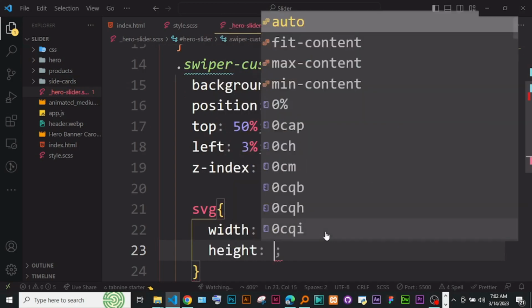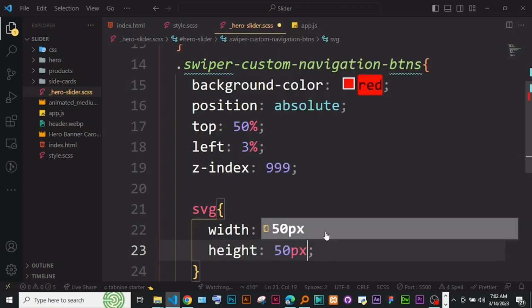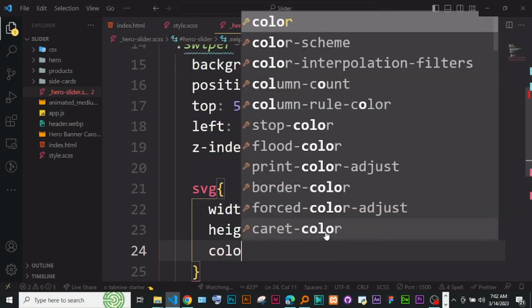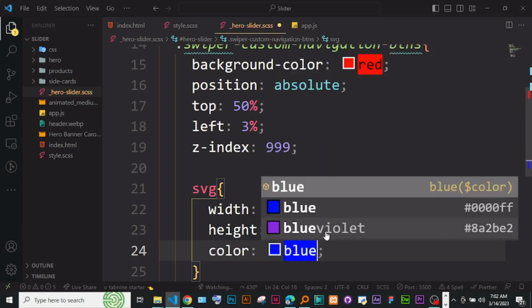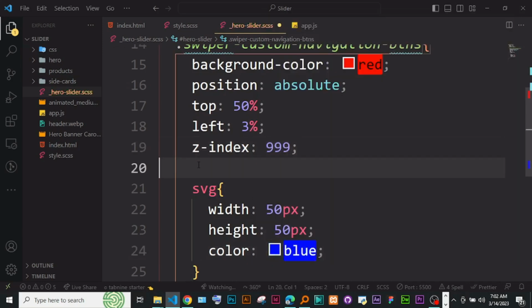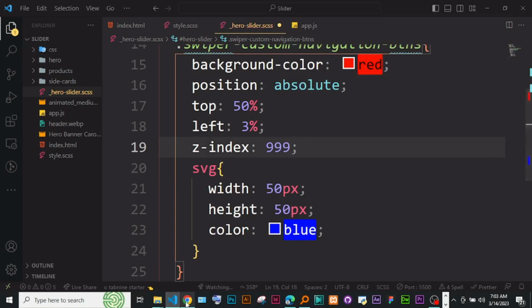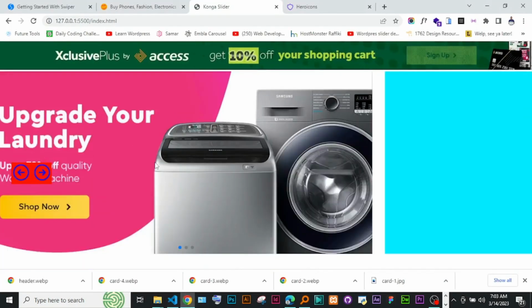Height 50 pixels, and let's give them a color of maybe blue. I'm just testing to see if anything shows up. So let's see. Yeah, they are here. Great. So you can see they have showed up on top here,